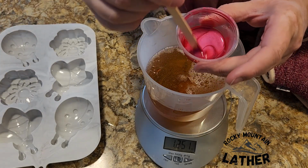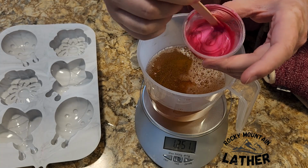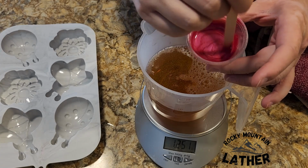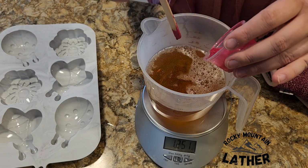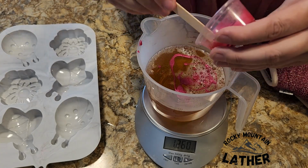I've already pre-mixed my colorant and fragrance, so I used some pink mica and some rose fragrance, and I mixed that up a little bit with some olive oil, which is okay to do with melt and pour soap base as long as you use a little bit. It's just going to take a little bit longer to set up. So we're going to pour that in and